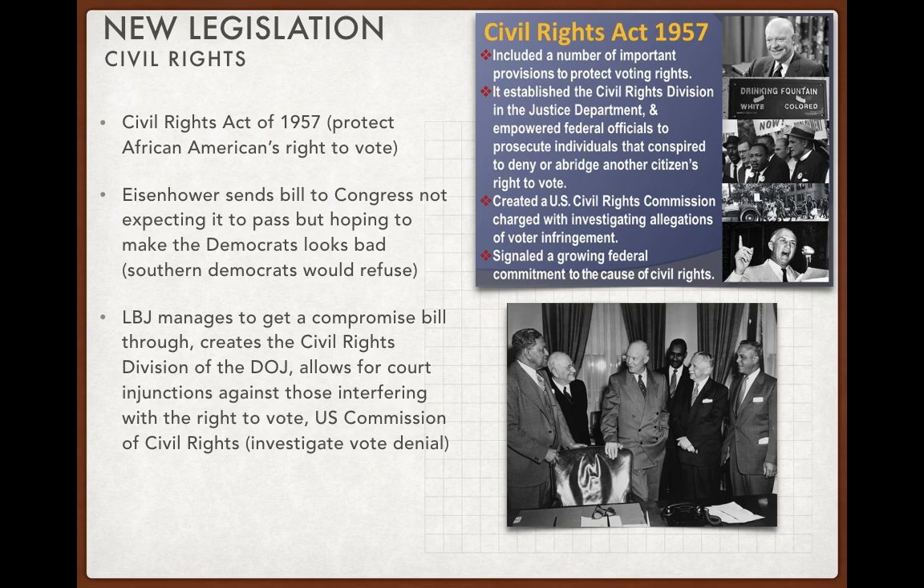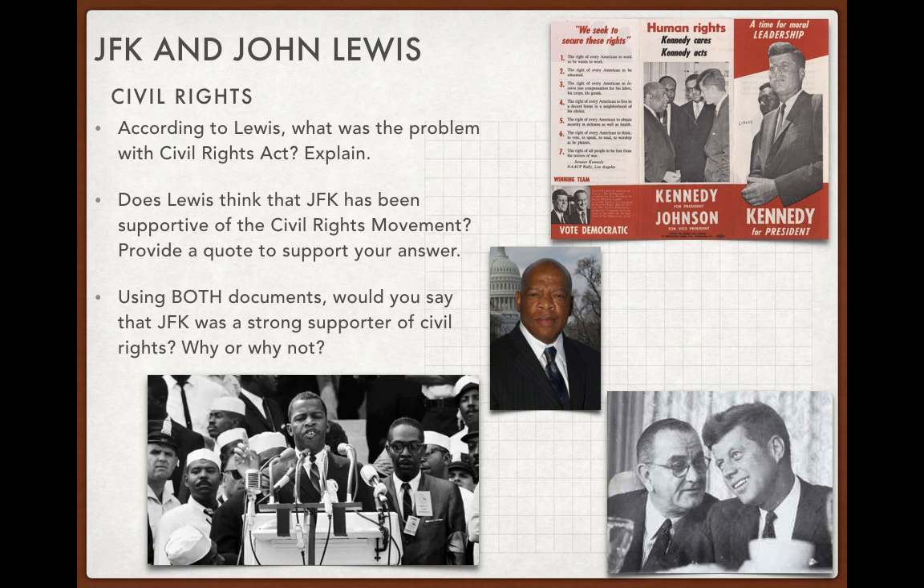He doesn't expect the bill to pass, but when LBJ is president, he manages to get a compromise bill through that will do all of those things. So after Eisenhower, we have John F. Kennedy, and of course his vice president will be Lyndon Baines Johnson. Johnson will become president after Kennedy is assassinated, and so in this chapter we're going to be going back and forth